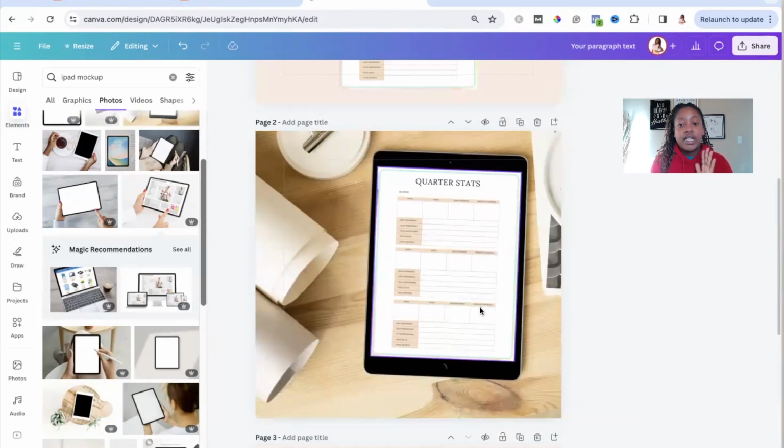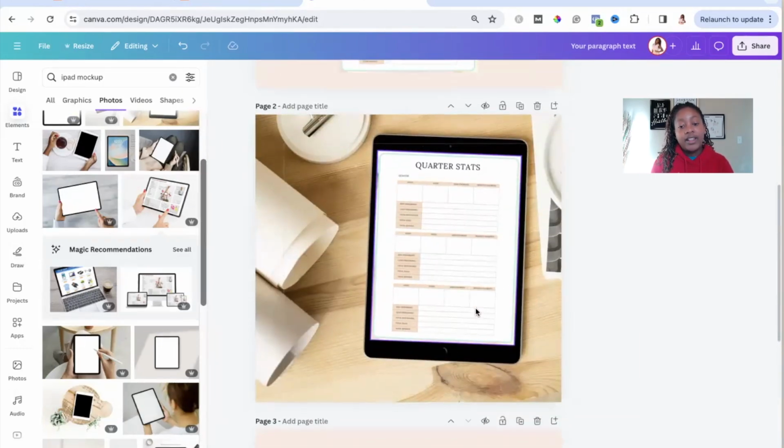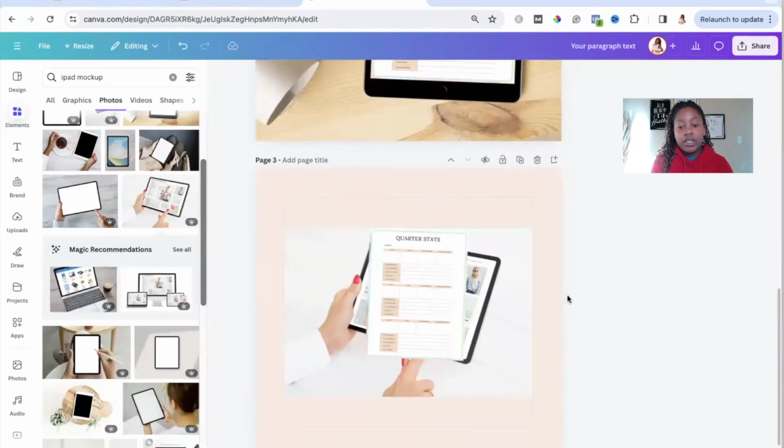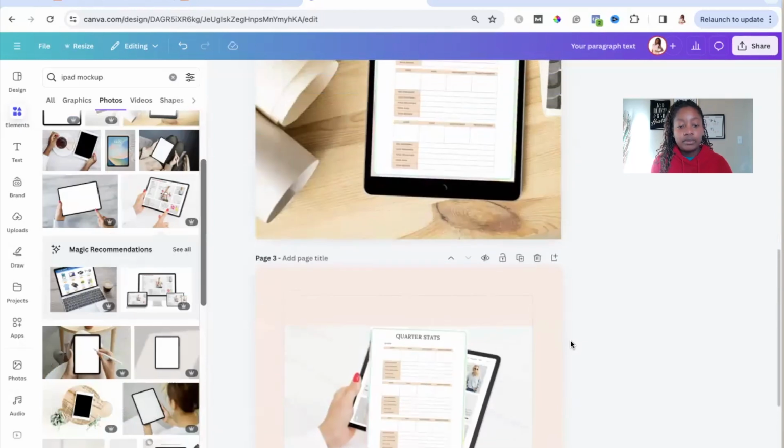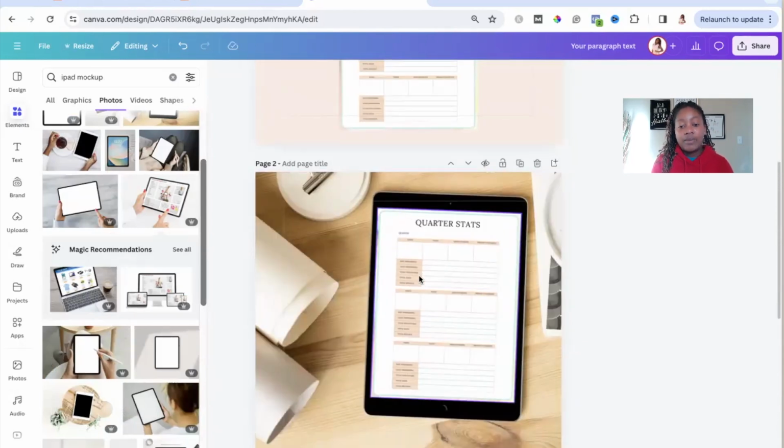This looks like it could actually be on an iPad. And this is very beginner. You could do so much more with this, but this is very basic. So just stretch it out, make it look like it's actually on the iPad. Don't just put something up on the screen like this where it literally doesn't look realistic at all. I would definitely incorporate some of these types of realistic style mockups into your listing photos